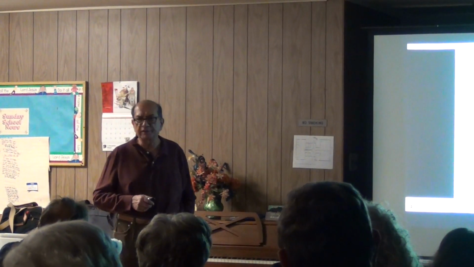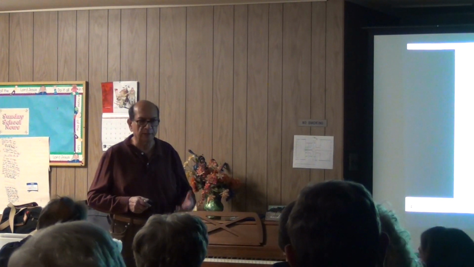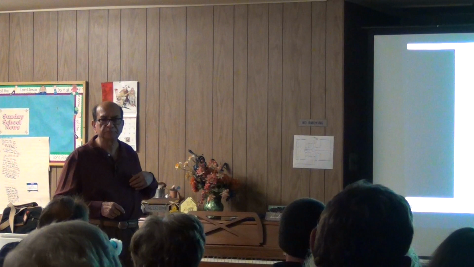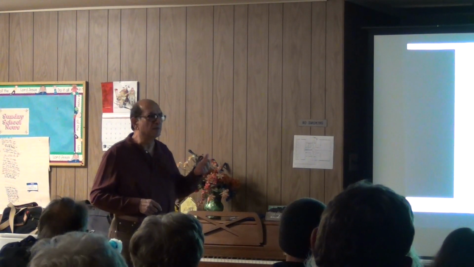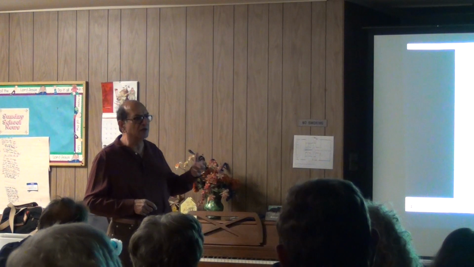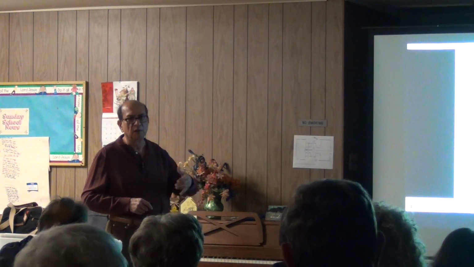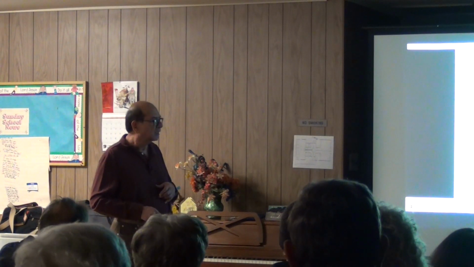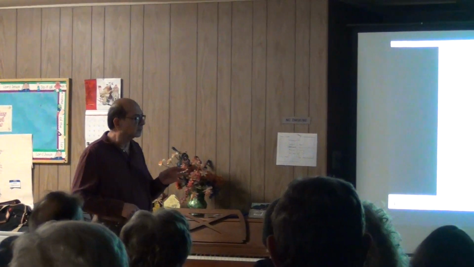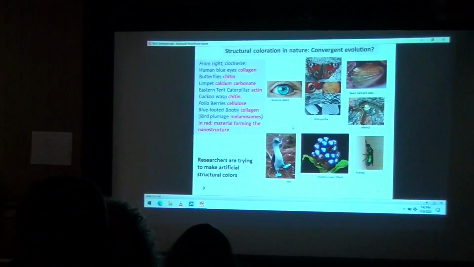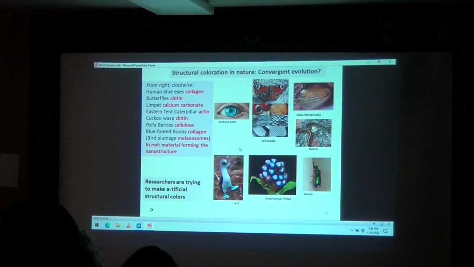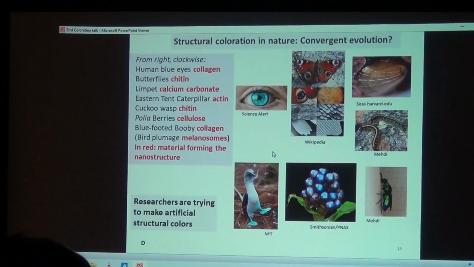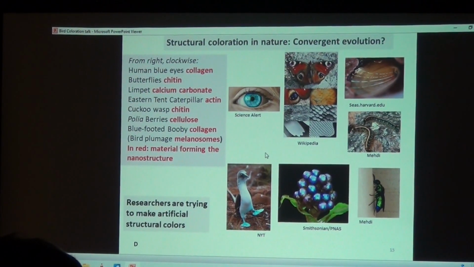Now, there's problems with pigments, one of which is they fade with time and on exposure to sunlight, etc. The second problem is that they're not good for the environment. Think of all the pigment that's released into the environment when a car is junked or when a house is demolished. So researchers are trying to make much greener colors based on structure, and in research they've been very successful in making a bunch of different colors, but nothing that I've seen actually has been used on a large scale.